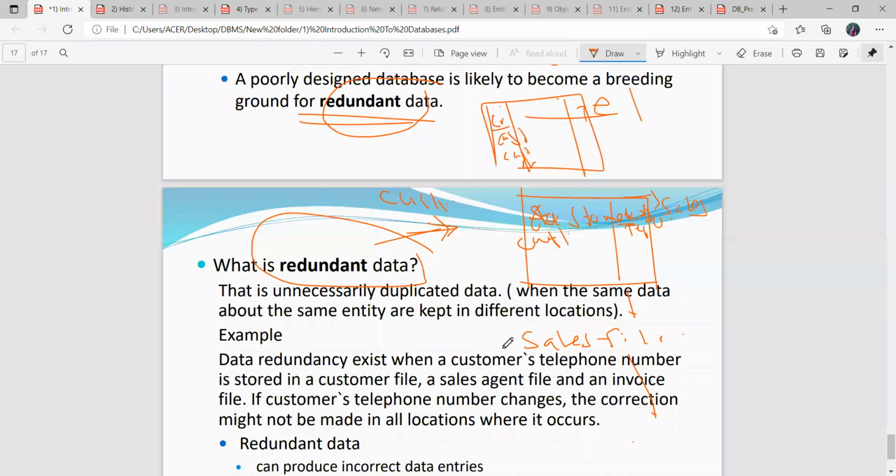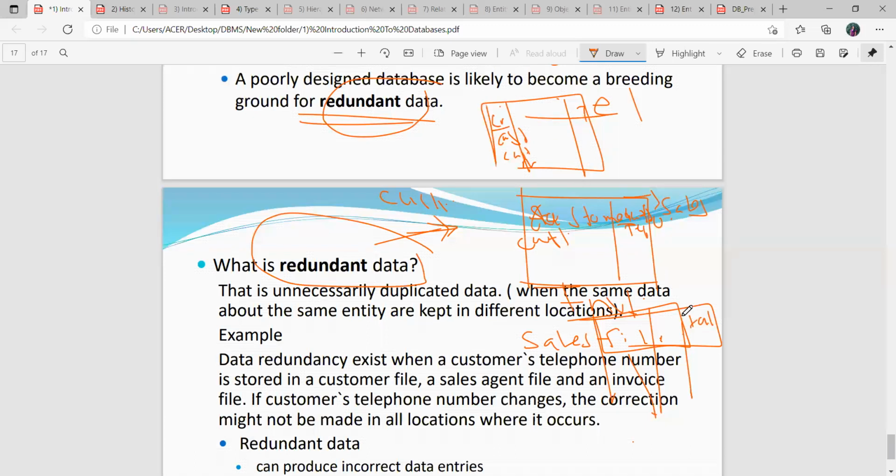Then when we consider the invoice file, again it needs to have a telephone number field. So you can see there are 3 files in the same scenario,